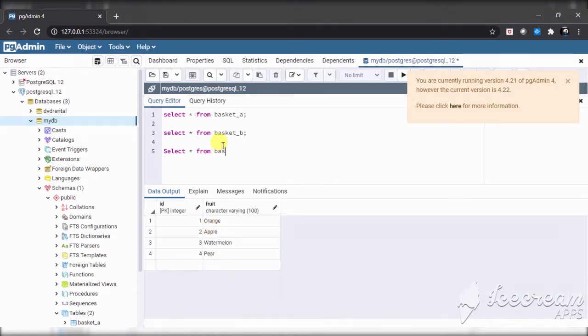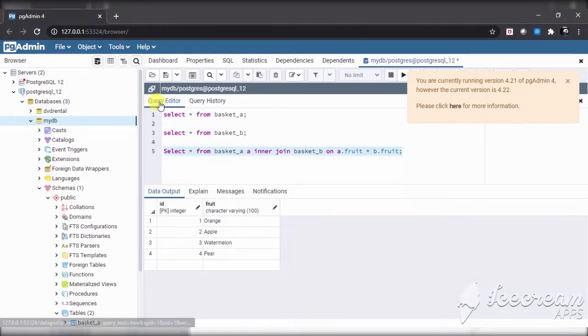Let's start from basket A, we give an alias A, inner join basket B. Then we have to mention a condition using the ON clause, on which column we have to join. So we are joining on the fruit column, A dot fruit equal to B dot fruit.